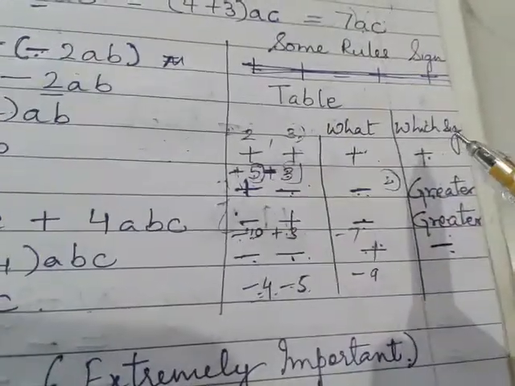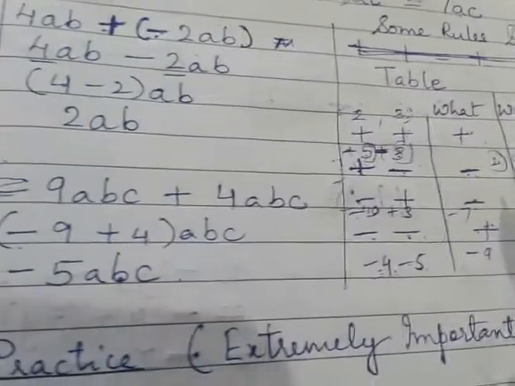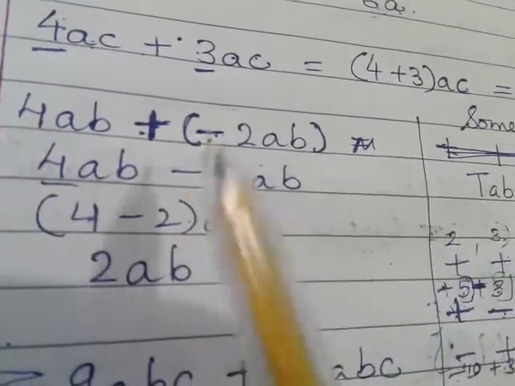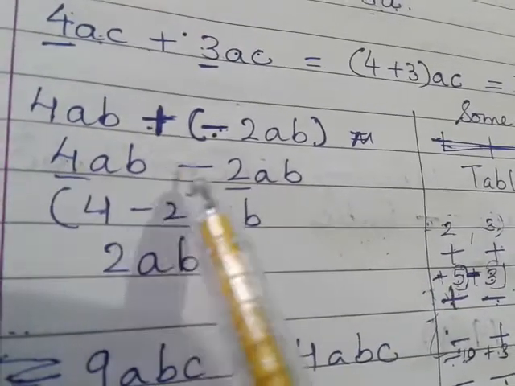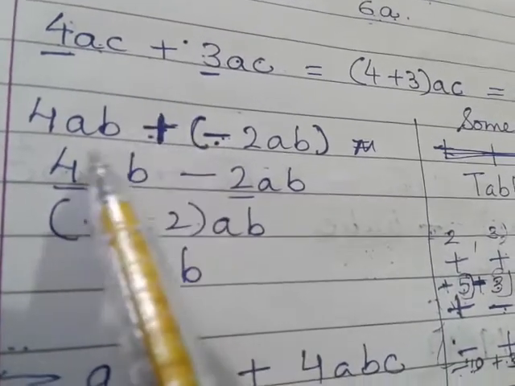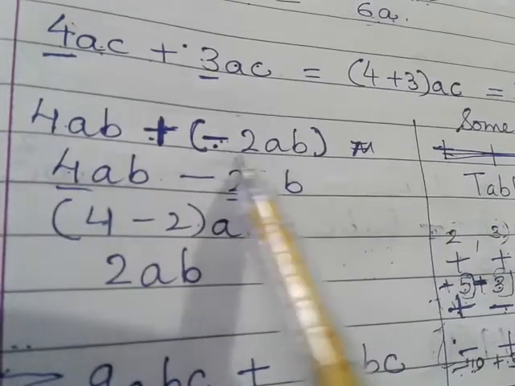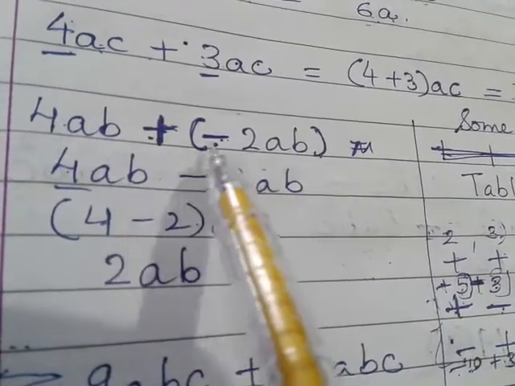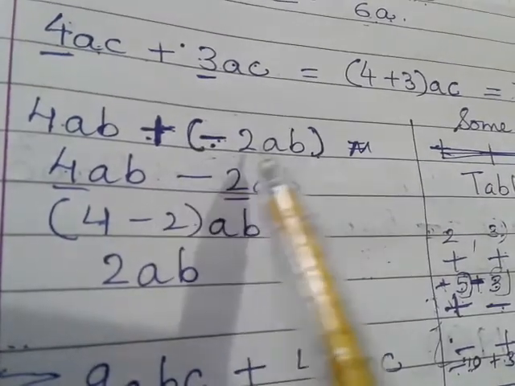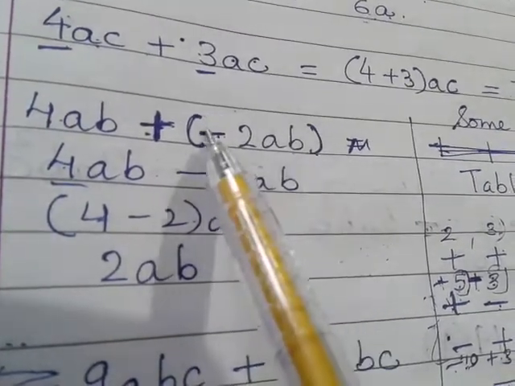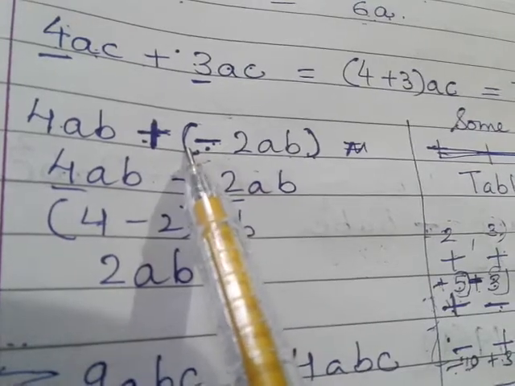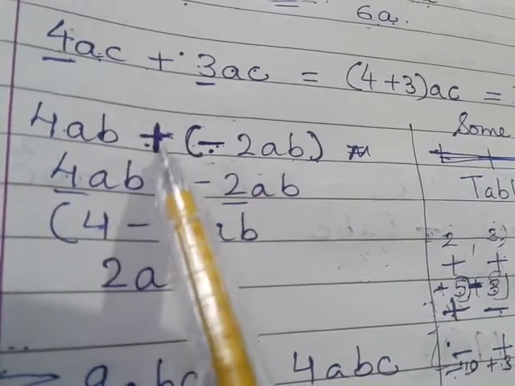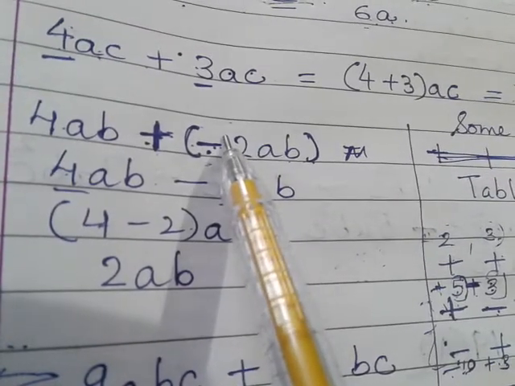This we had studied last year, but I have given it again. Okay, so now the next example is dealing with it. I have explained it there itself. The question was to add 4ab and minus 2ab. So 4ab plus, now I have kept this minus 2ab in a bracket. Before that, again one rule is there. Before a bracket, if a plus sign is there, the inside sign will not change.